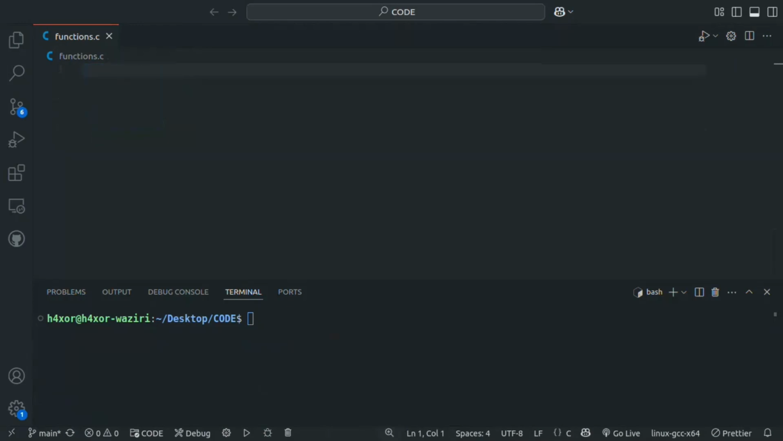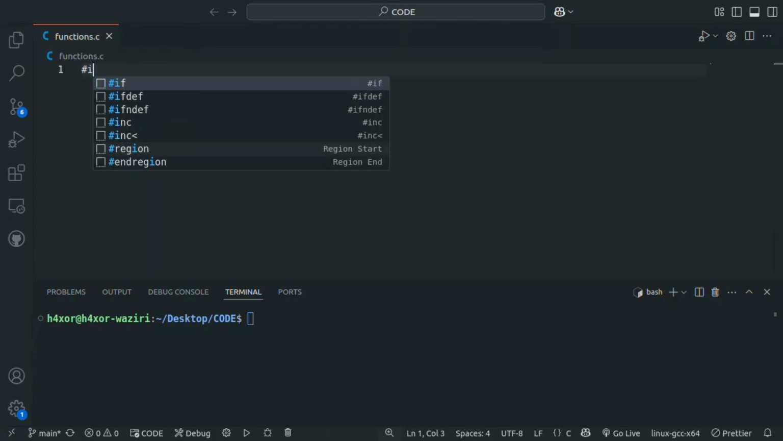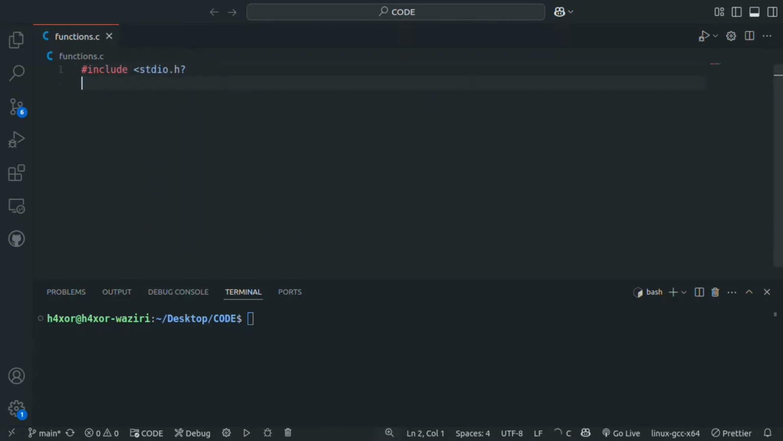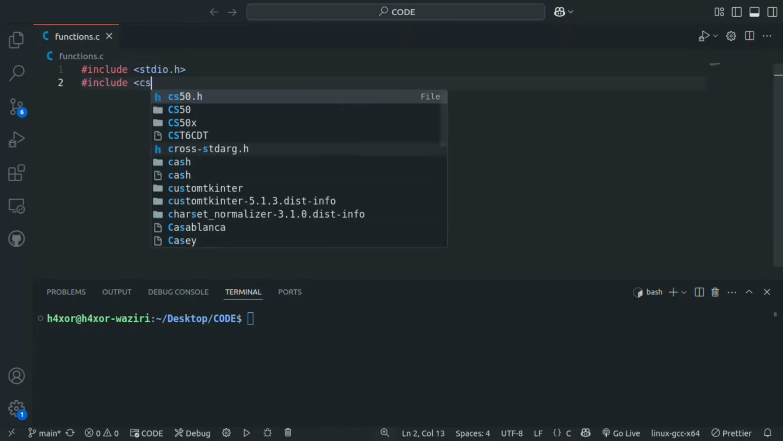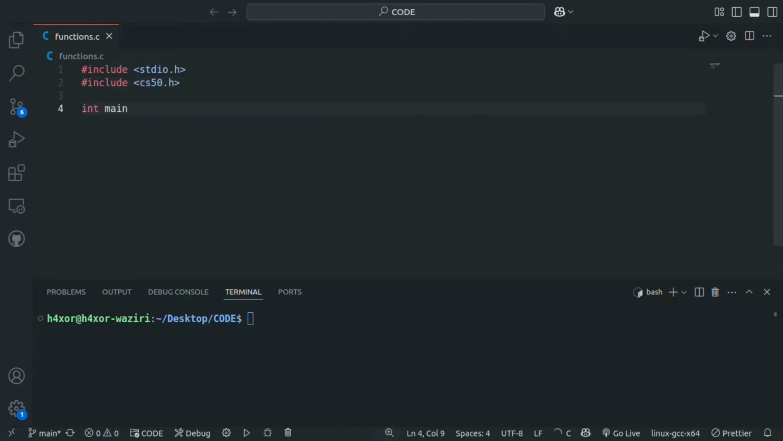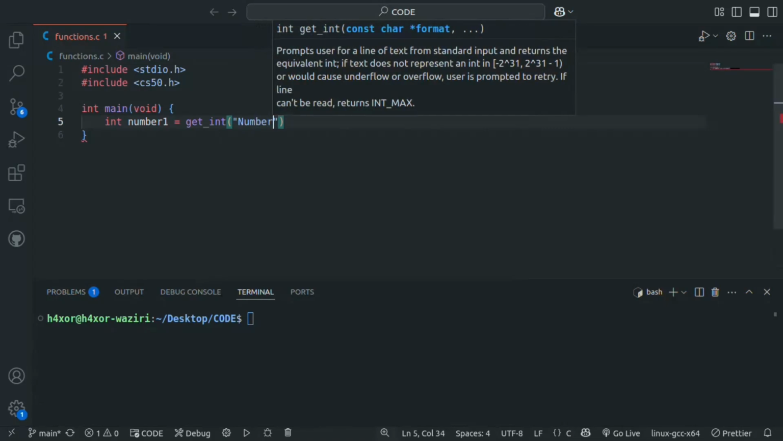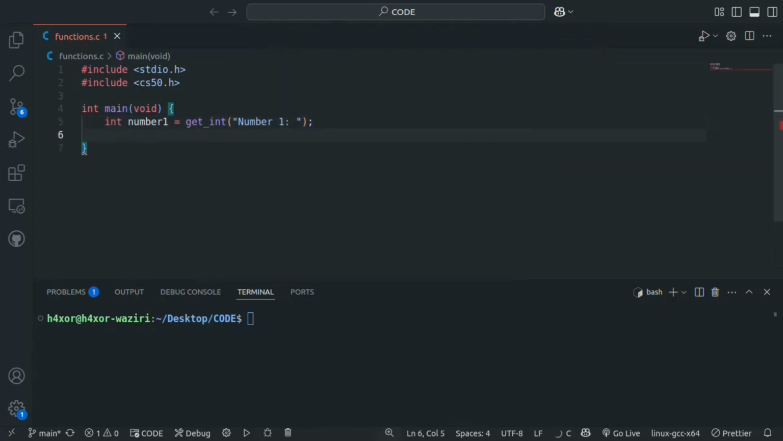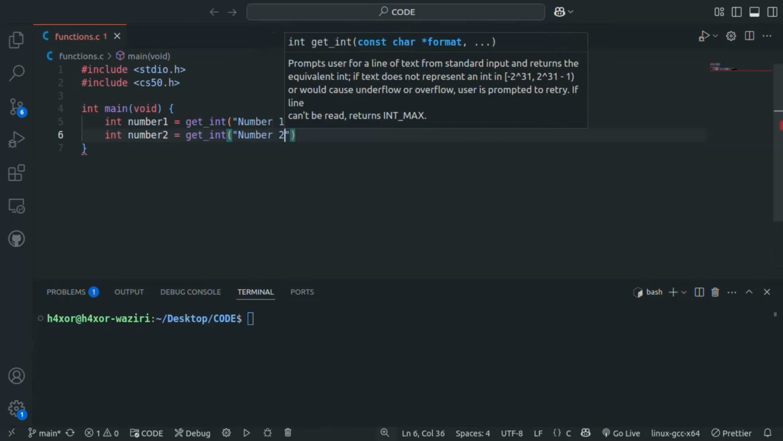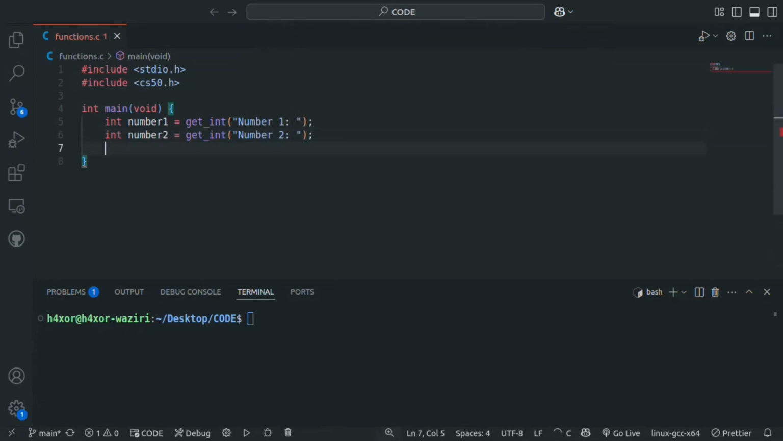Now I will declare a function. #include <stdio.h>, then #include <cs50.h>, then int main(void), inside curly braces, int number1 = get_int("number1: "); int number2 = get_int("number2: "); then return 0;